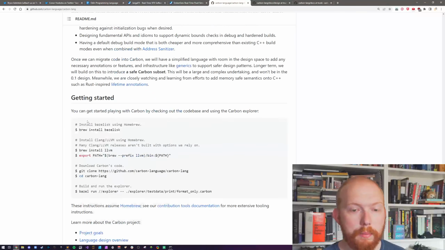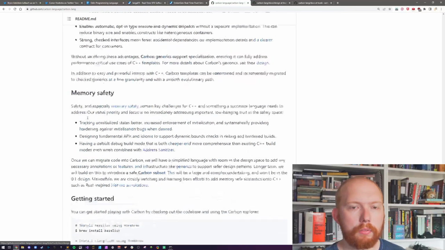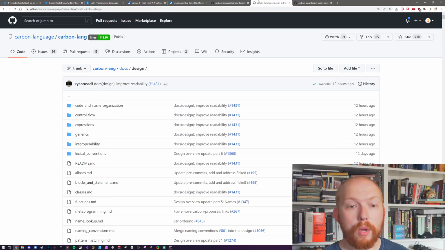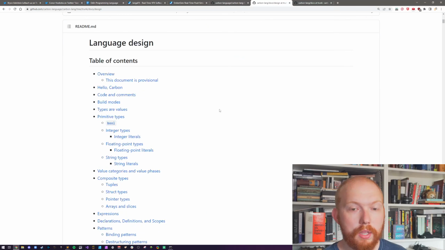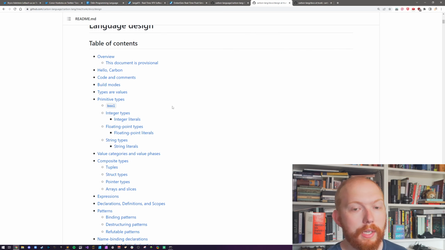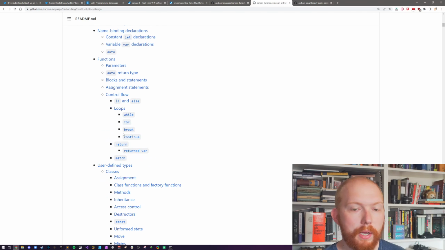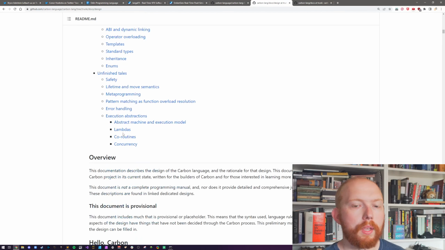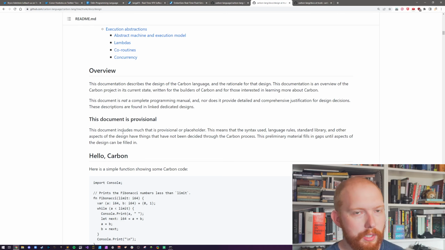They're going to talk about memory safety, or why they're trying to do it, and other reasons, but that's great. Let's go to their design document, which is this thing here on their GitHub page. I'm going to read through it as we talk and just go through the top and maybe skip over certain things. I'm not the biggest fan of caring about syntax, but I do want to talk about the actual semantics and certain ideas that they're trying to get across in this language.